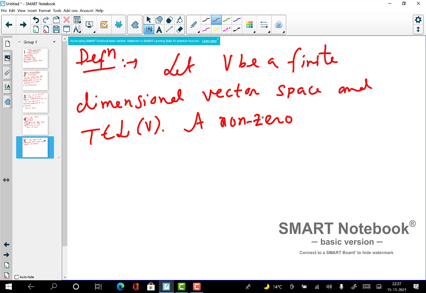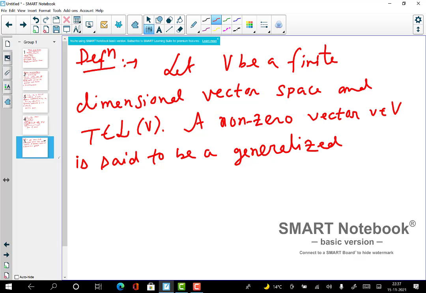Similarly, a vector v belonging to V is said to be a generalized eigenvector